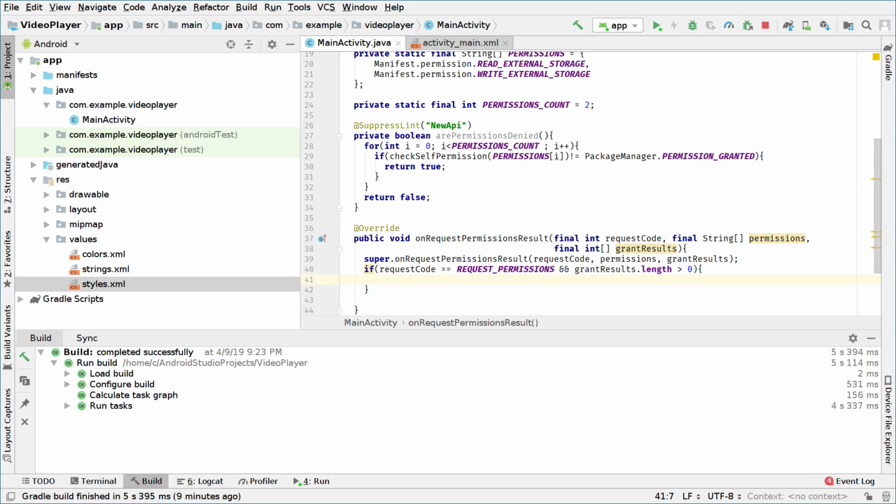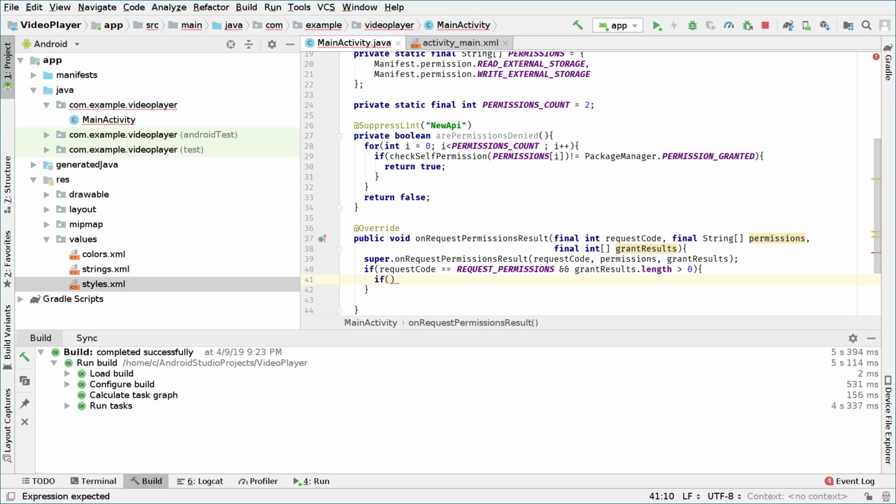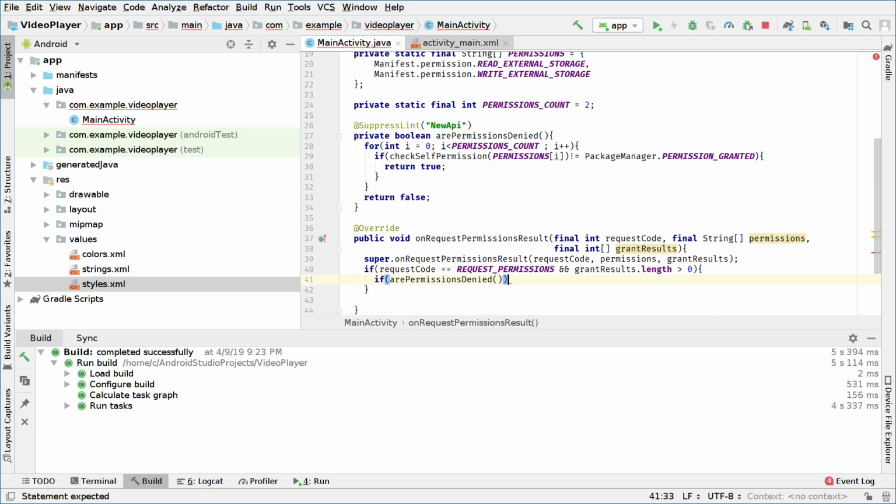And inside here we'll have to check if the permissions are denied or not. So we're going to say if permissionsDenied, the method we created previously,